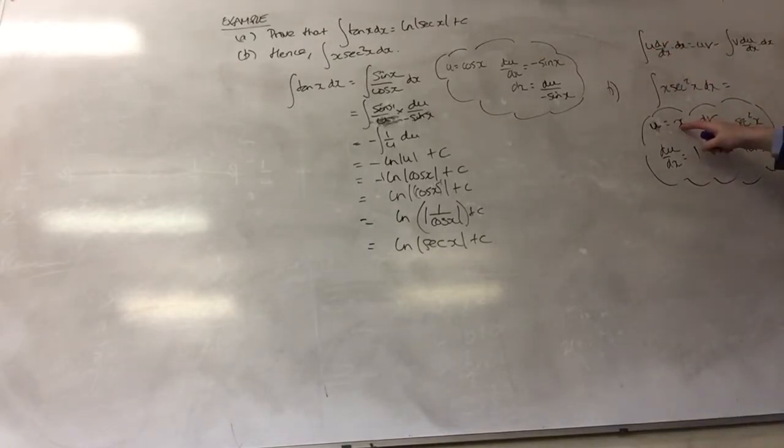And then I just swap it in. So I've got uv, so x tan x, minus the integral of v times du by dx, so this times this. So that's 1 times tan x, which is just tan x, dx. And because I've done that in the first part, I can say, okay, well, all that's equal to x tan x minus the integral of tan x, which is log sec x, plus C. And I'm done. But then wait, in the formula is it uv minus